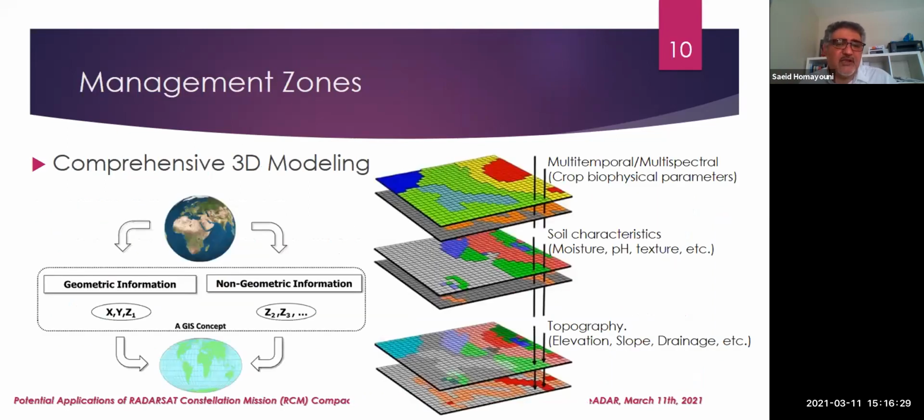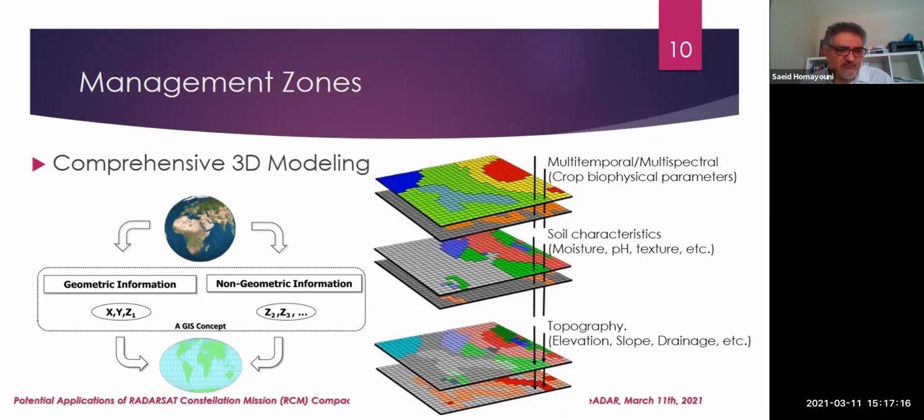So what we do normally, for the precision agriculture, we need management zones. And by management zones, I mean a homogeneous zone within your agriculture field and parcel that has similar characteristics. So this is important because, for example, if this part of your field is suffering from any kind of parasite or problem like hydric stress or drought, you can apply a kind of prescription or find a solution for that. But before that, you need to know that part of your parcel, and you can map those areas using